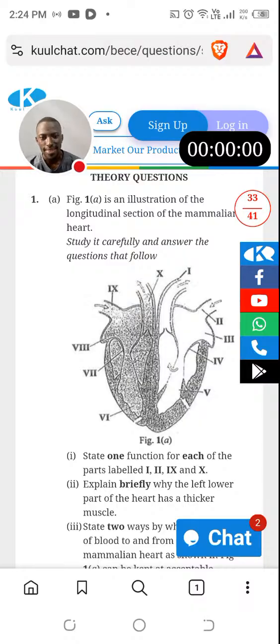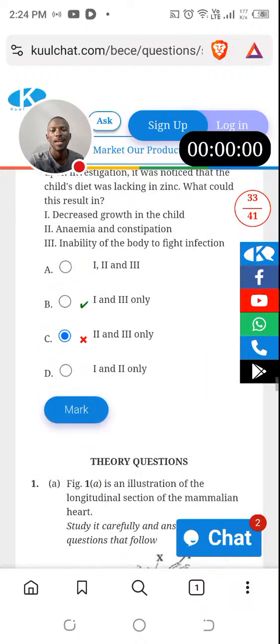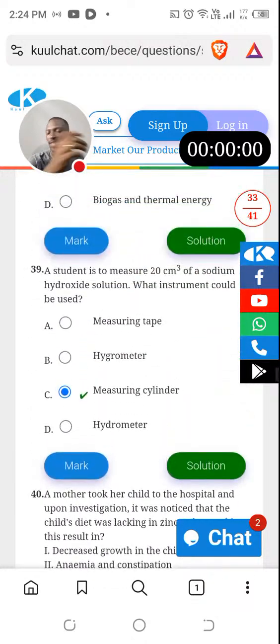So this figure is an illustration of the longitudinal section of the mammalian heart. Study it carefully and answer the questions that follow. So what are the parts? So basically that ends our multiple choice part of the question. And we got 32 out of 40. Not bad. Neither is it very good. So we'll be continuing with